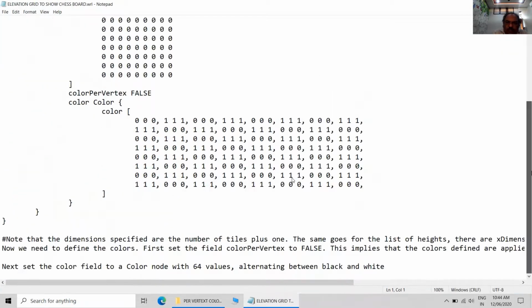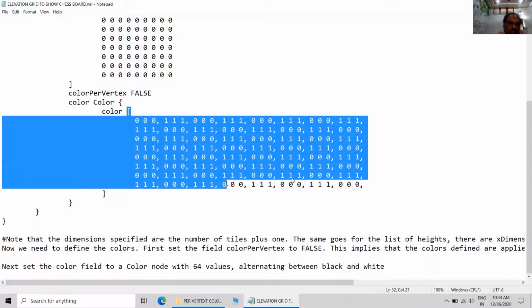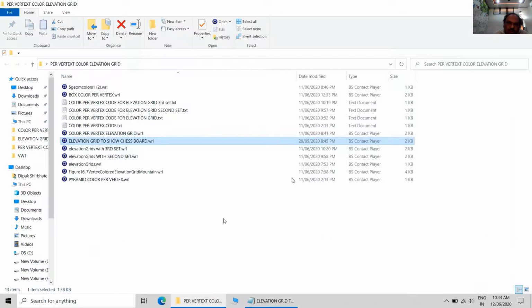So what we will do is copy all the color matrix which is enclosed by the square bracket. This matrix we can copy.